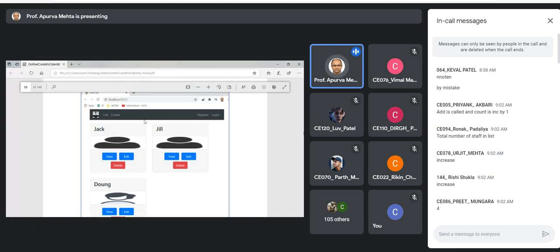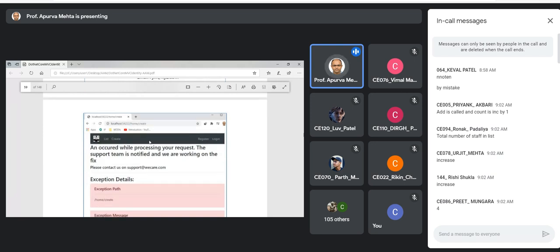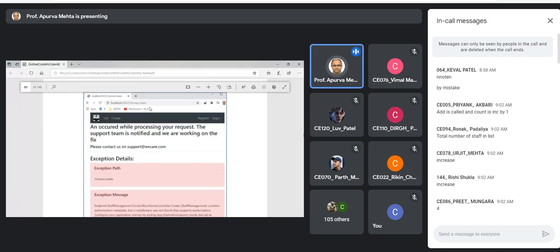So that's why here home index works without any problem. Now the home details too. Again, on that we have not applied authorization, that's why it is showing the details. Now on home create, as I make a request to home create, I'm not authorized because I'm not authenticated. So we have this error, and this error is coming because we have written some code.